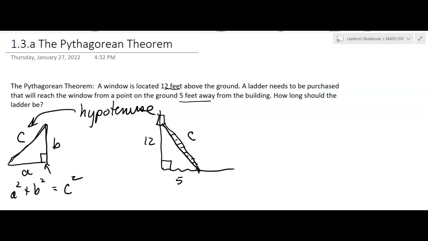This might be happy memories for you or a review. If not, if it's new, then it's exciting. Now in my triangles, in one I have the hypotenuse on the left, in the other I have it on the right. That's okay, that doesn't matter. But now we can use this equation here. So this is like my A here, and this is like my B here. So I'm going to say